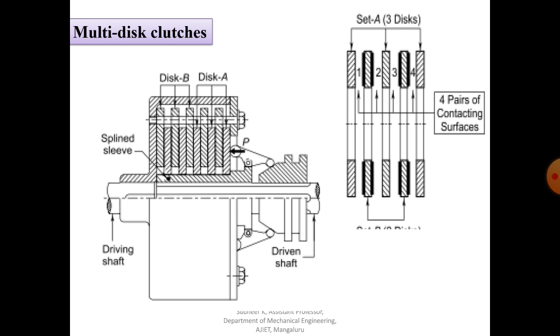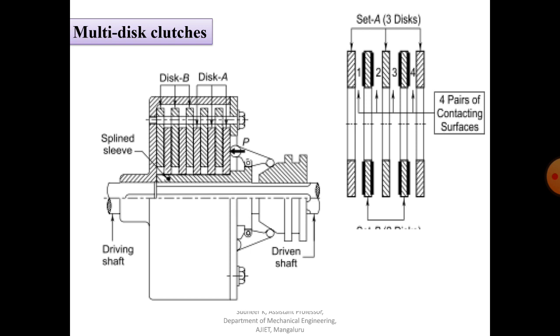So there will be two sets, set A and set B, and they may carry any number of discs. The discs of set A are usually made up of hardened steel and usually connected to the driven shaft, and the discs of set B are made up of bronze material and usually connected to the